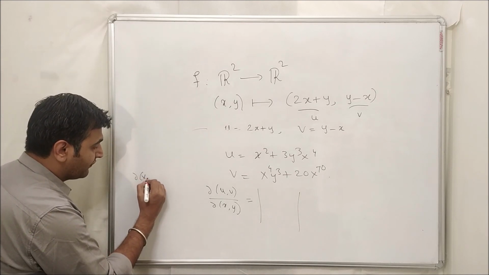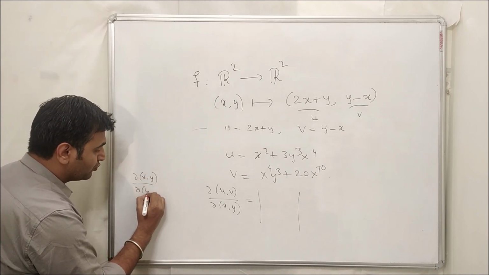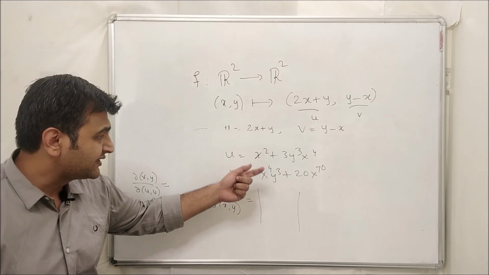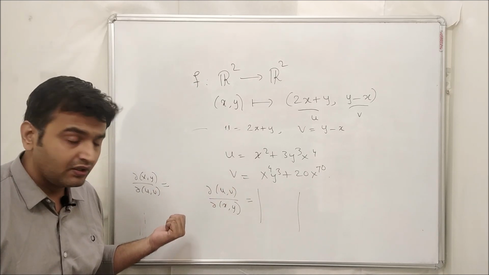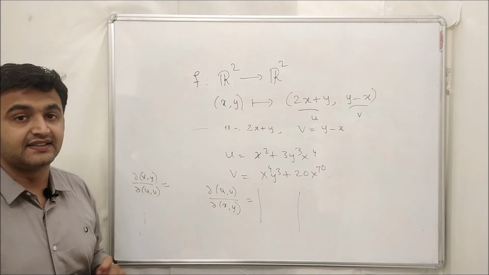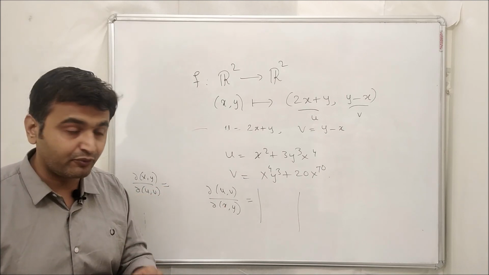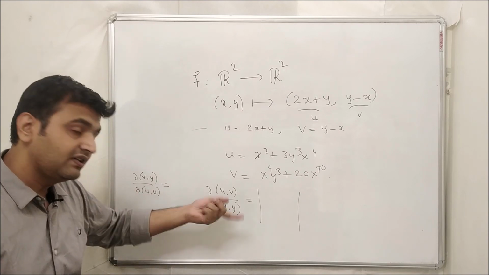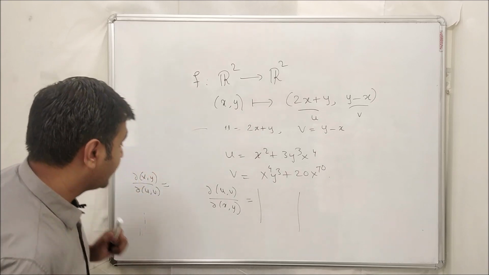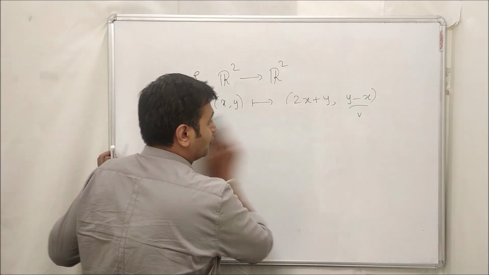What is ∂(x,y) upon ∂(u,v)? Then it's kind of difficult because you need to express x and y in terms of u and v. So don't worry, you just find this and simply reciprocate, that's the answer. Whenever it is non-zero at a point, this is nothing but the inverse of that. So this is one very nice property that the Jacobian follows.